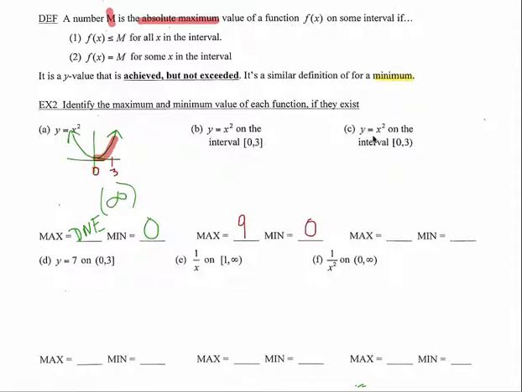For C here, notice the only change here is that it's closed on the left side, closed at 0, so that means our minimum continues to be 0. But now on the right side, it's an open interval, so it's all of the values up to 3, but not including 3. And if we think about this for just a second,